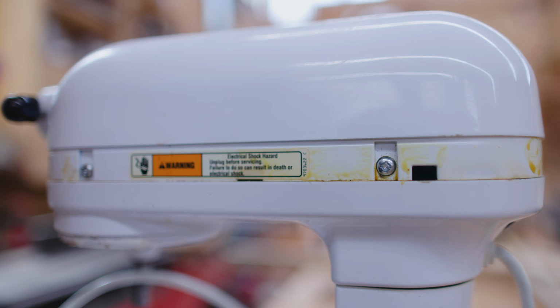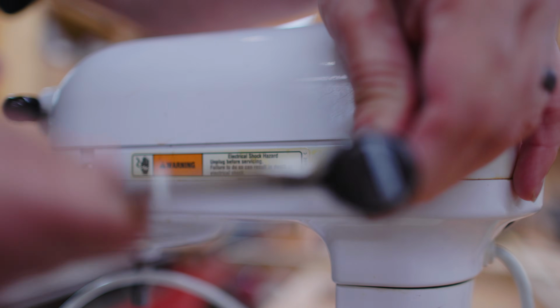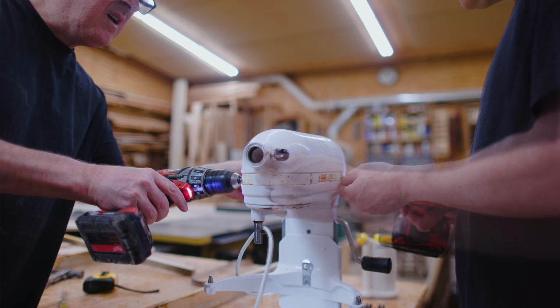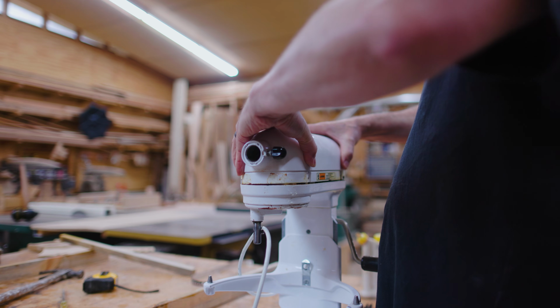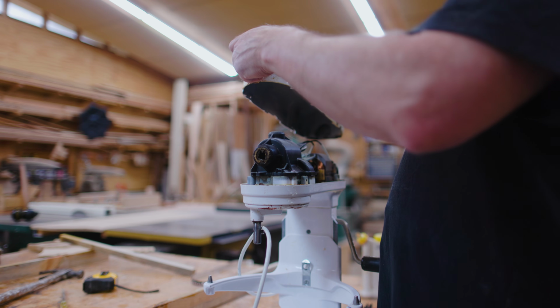I watched a few videos on fixing one of these mixers, and it didn't seem too difficult. I'll link down below to some of the videos that I watched, which may in fact be more helpful than my video if you're actually trying to fix one of these mixers. The other problem I had was the whole head of the mixer was loose, but that turned out to be